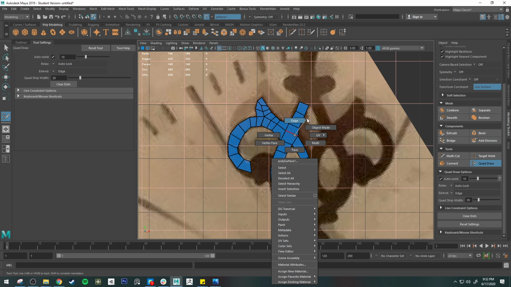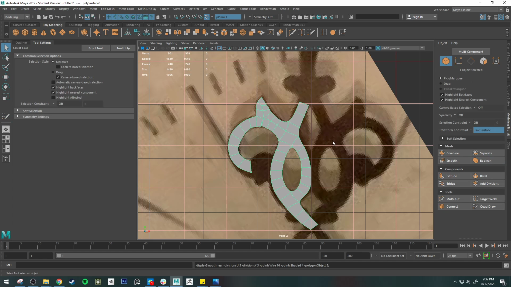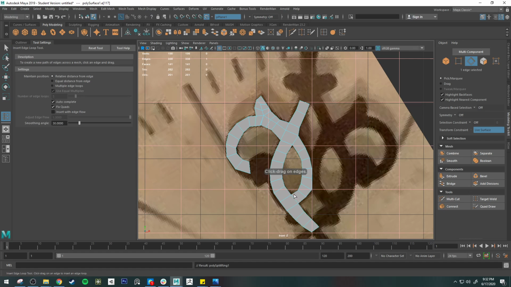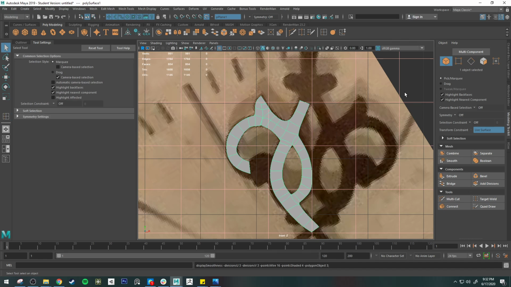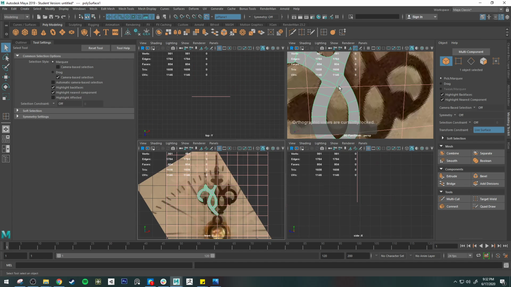Okay, and then when I'm done, I can just jump out of Quad Draw, and I have this pretty complex object or shape. You can see I didn't fully weld some of those things, but I can go in there. And then I can insert holding edges in some of these areas, like right there and right here, to really kind of crisp up those corners that I want right there. And yeah, so that's just a whole other way that I could model something like this,